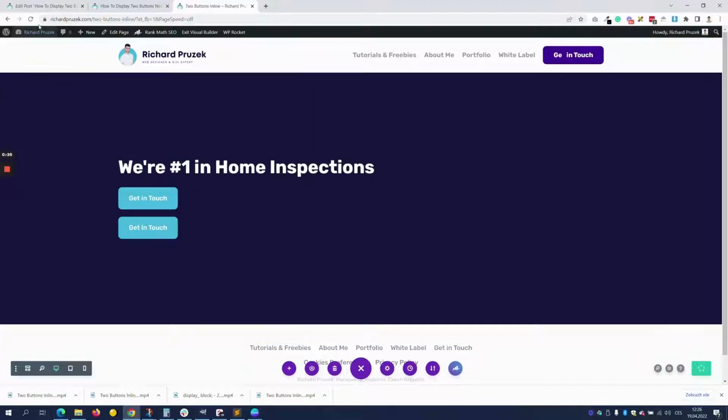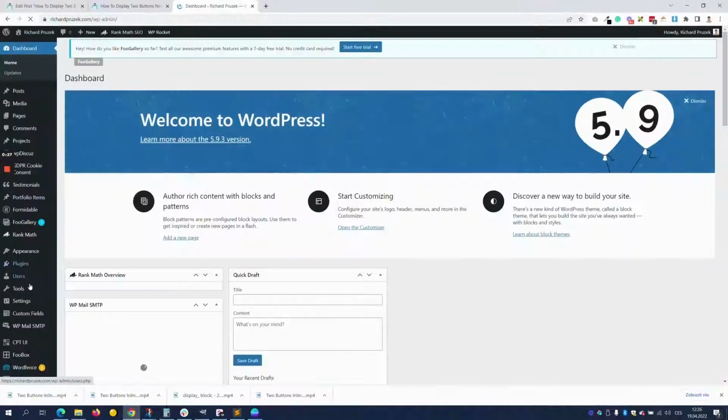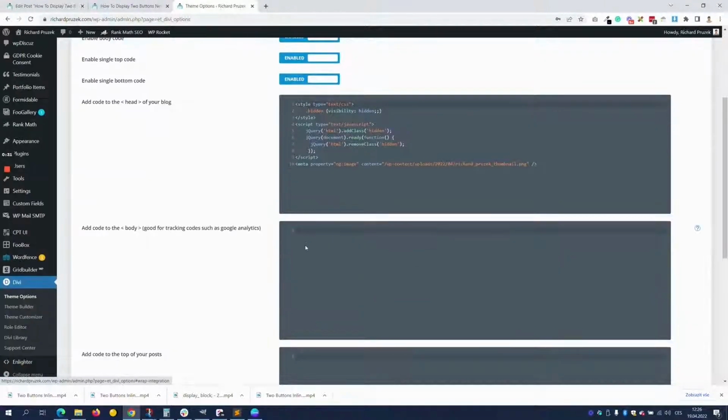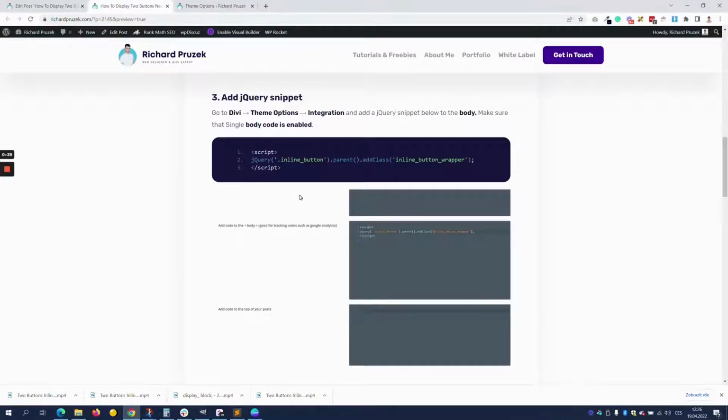Once you have that, save the page and go to Divi Advanced tab, Integration, scroll down to the body part, open the written part of my tutorial. If you are watching on YouTube, the link will be below this video, and scroll to step number 3, which contains the jQuery snippet. What the jQuery snippet does is it actually looks for every element on the website that